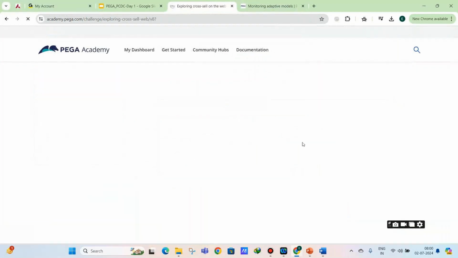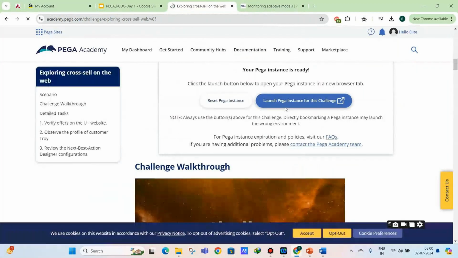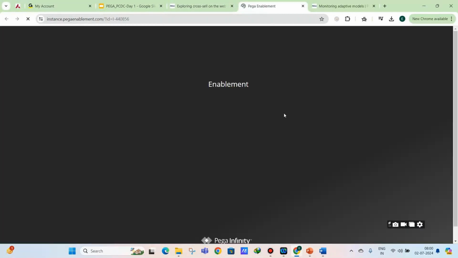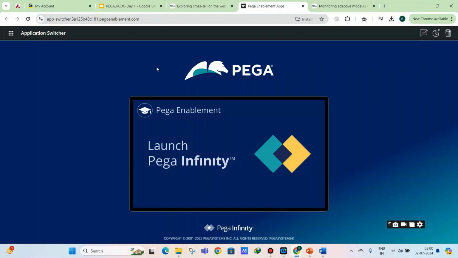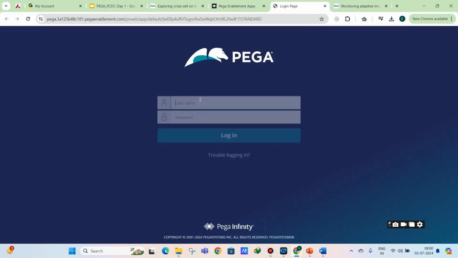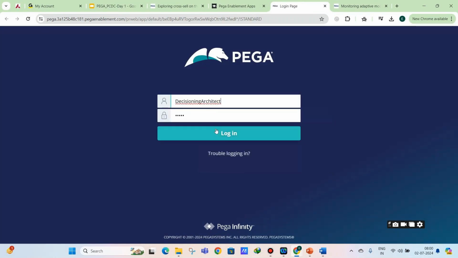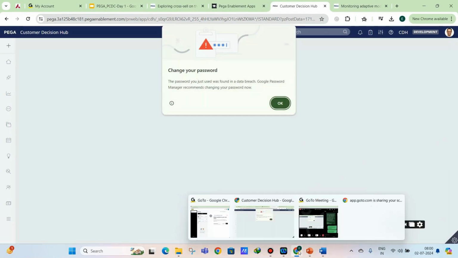You can now click on the launch button. Now the Pega exercise system is ready. Then click on this link and log in with the credentials. Click on login. I'm sharing the credentials also in the chat, so please save this somewhere.